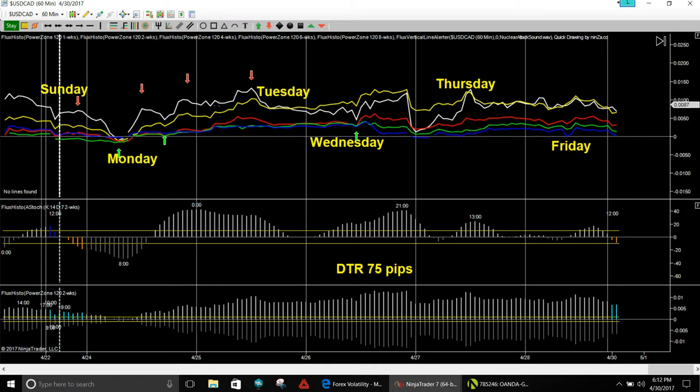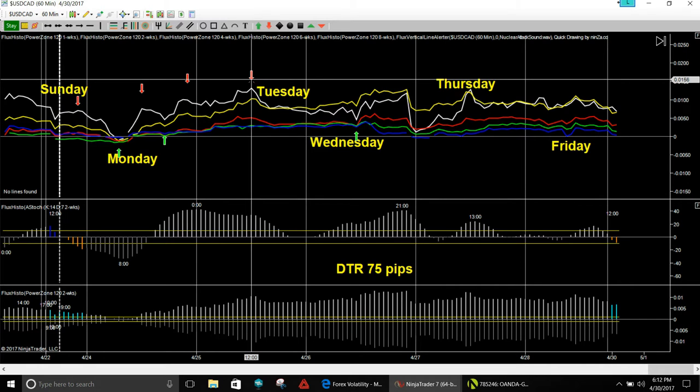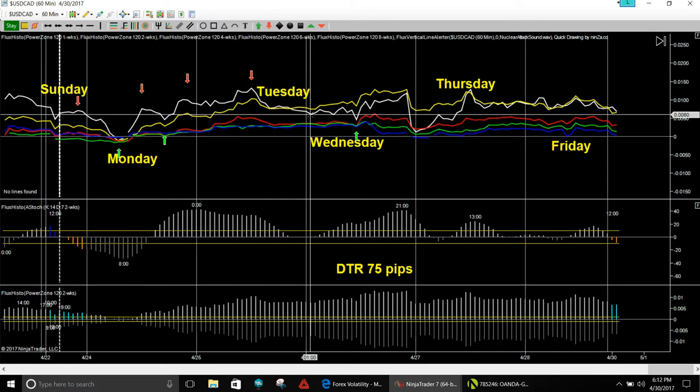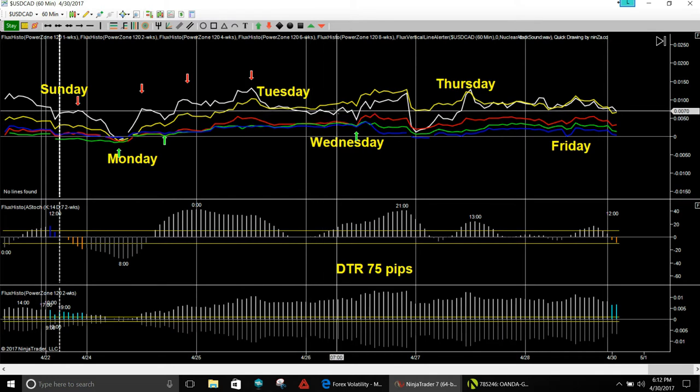And then this is going to be the short trade here at 12 p.m. on Tuesday. Look for a down move on the dollar Canadian Tuesday. And then it just gets really nasty on Wednesday here. So be careful on Wednesday because